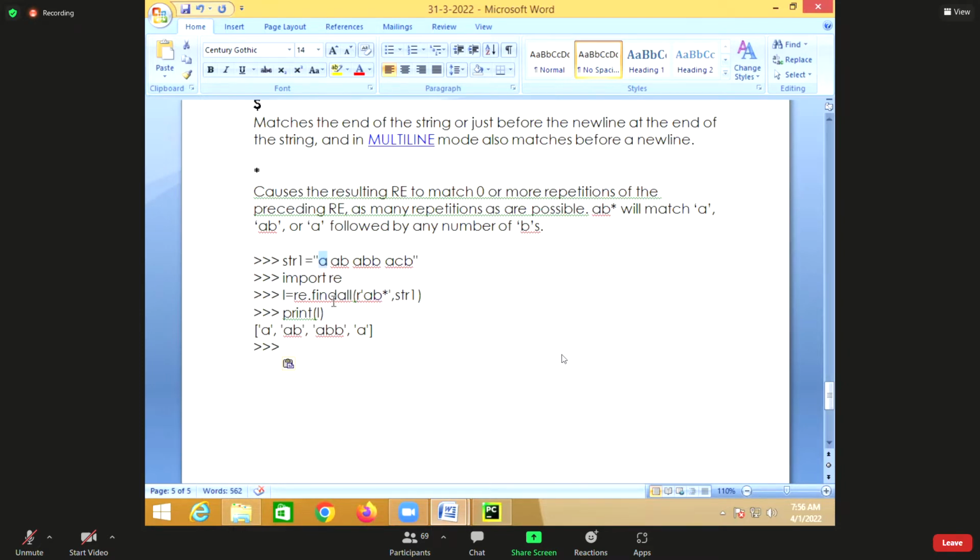So it will find A, and this A followed by one B, and this A followed by two B's, and this A followed by any B? No, but even though it will find A, because you said zero or more B's. Star means zero or more here.